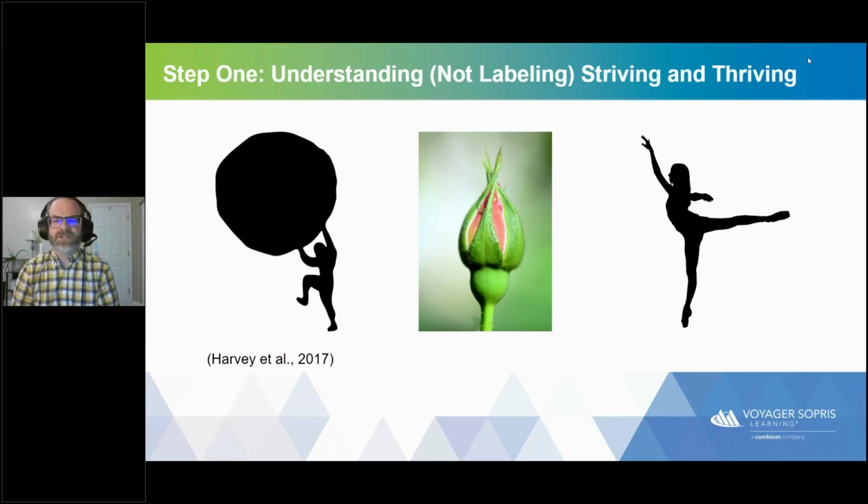And then the final image here is a shout out imagistically to Kylene Beers, whose work has really inspired me over the years. Kylene Beers talks about the identity of the reader who's striving, and essentially says that striving readers, or readers who are striving, are incredibly brave human beings. And so this is something that I do.